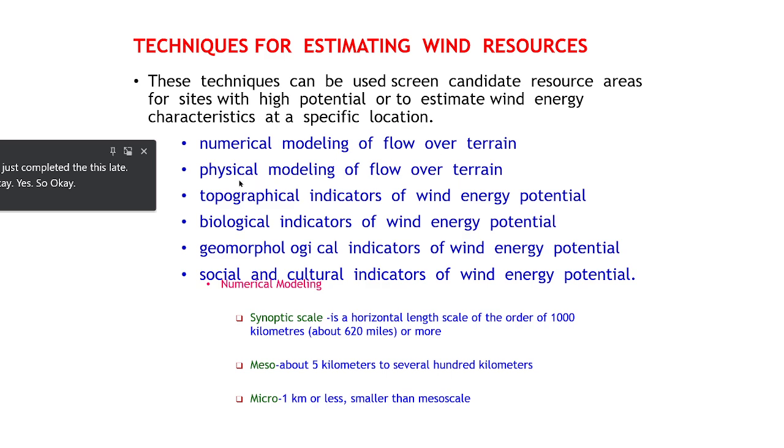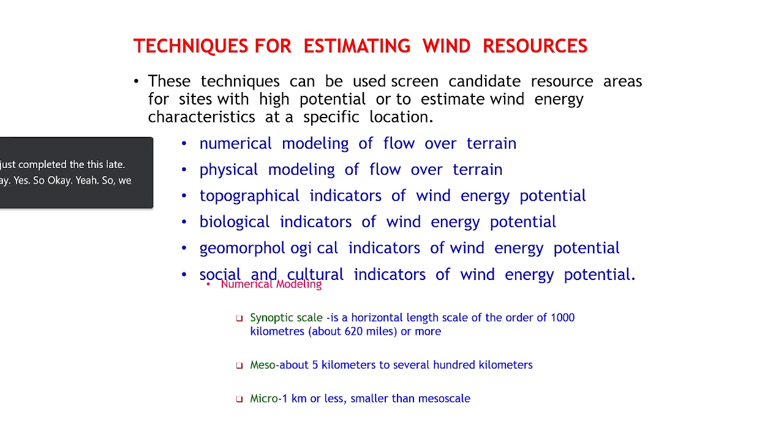Second is through wind tunnel and water tunnel. Then topographic indicators are the kind of tree pattern, tree bending patterns, or some other biological factors. Then geomorphical indicators, sand dune formations, or grasses on one side, and things like that. Then social and cultural indicators. For instance, in India and Tamil Nadu,